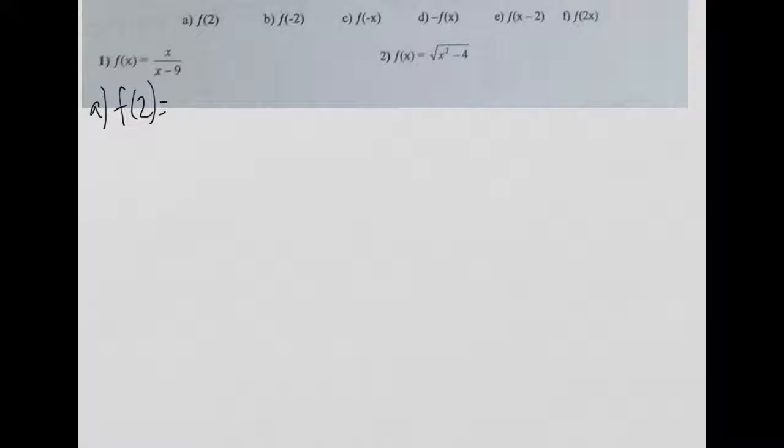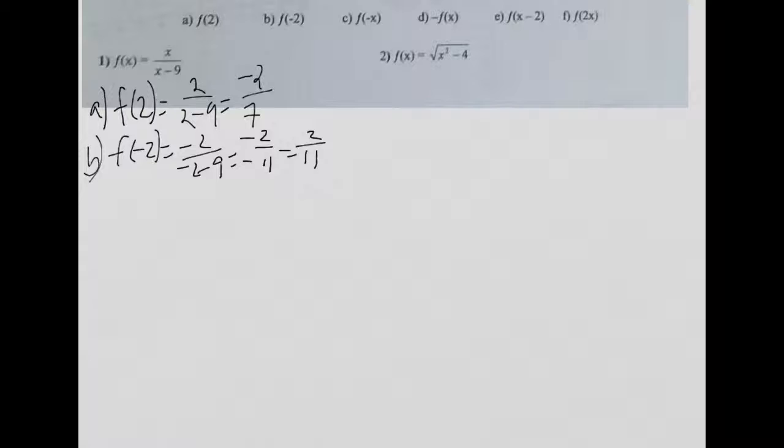Okay, in these functions we're evaluating them for different values of x. For number 1, we're evaluating f of 2, so we plug in 2 for our x, and we get a fraction of -2/7. And we keep going. For f of -2, we plug in -2, we get 2 negatives in a fraction,